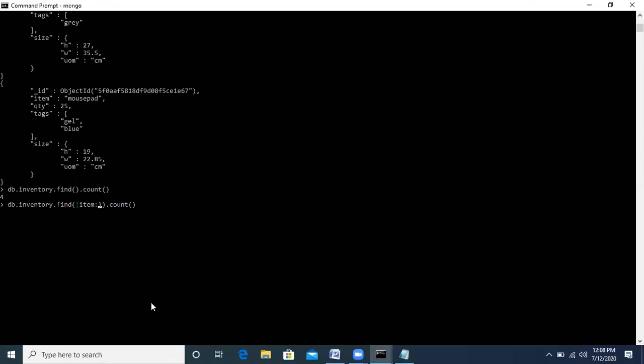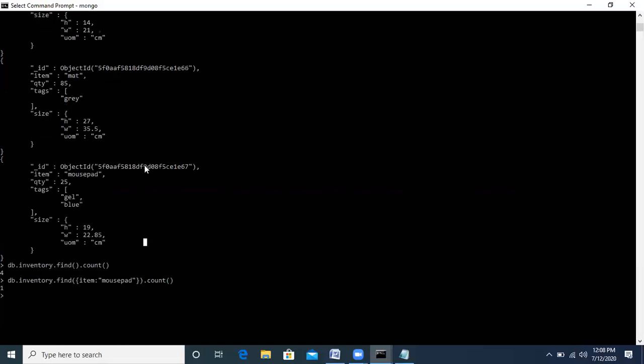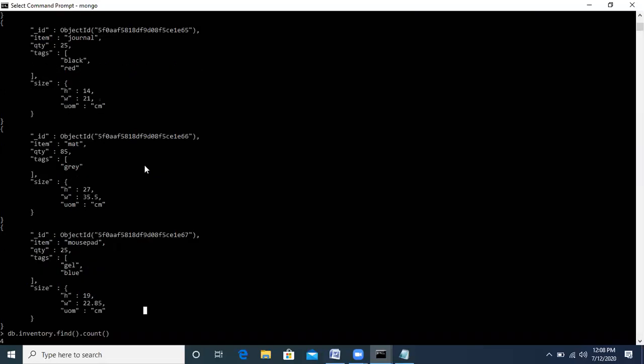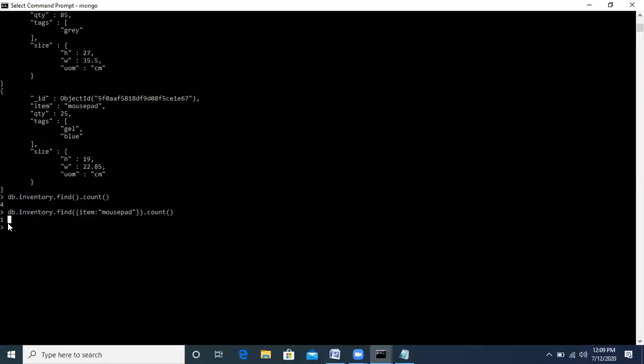So you will write item equal to mousepad. Now if we press enter, it will show 1, because in our database we have 4 documents, but there is a single document where the item name is mousepad. So it is showing the count is 1 for this case.